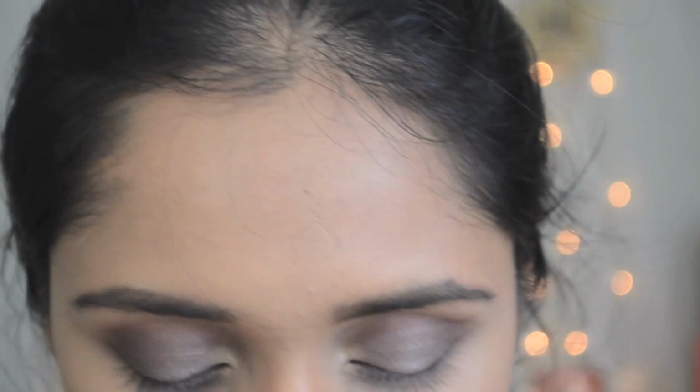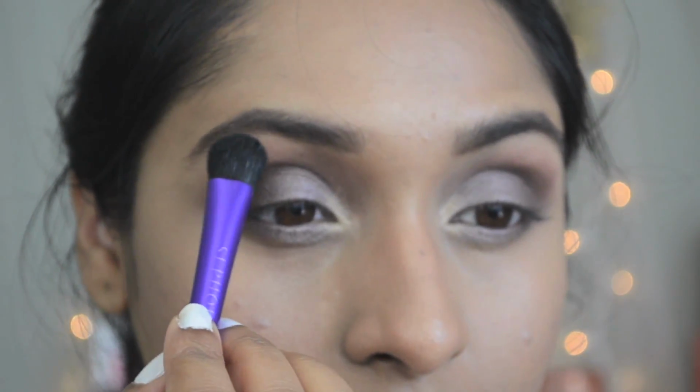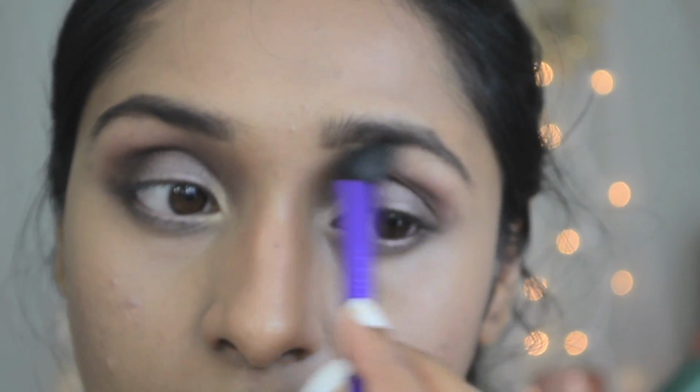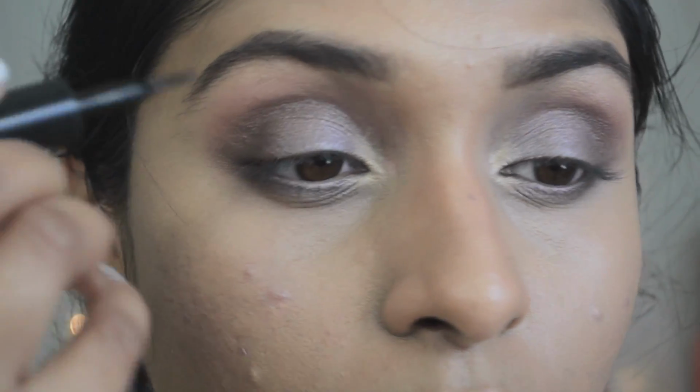Okay. I'm also going to take the very same highlighter with a fluffy brush, and you have to be really careful in picking up this highlighter because it's really intense. So even if you pick up, just make sure you tap off the excess. I'm going to apply that under my eyebrows, and this is the same highlighter that we're going to use on our face as well. So yeah, okay, now that we have our eyeshadows done, we are just going to apply